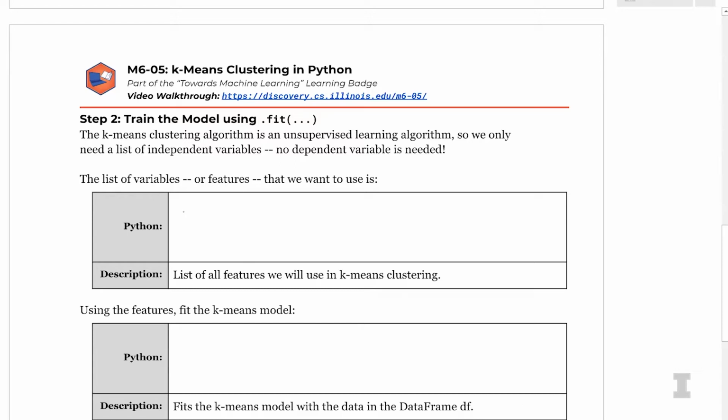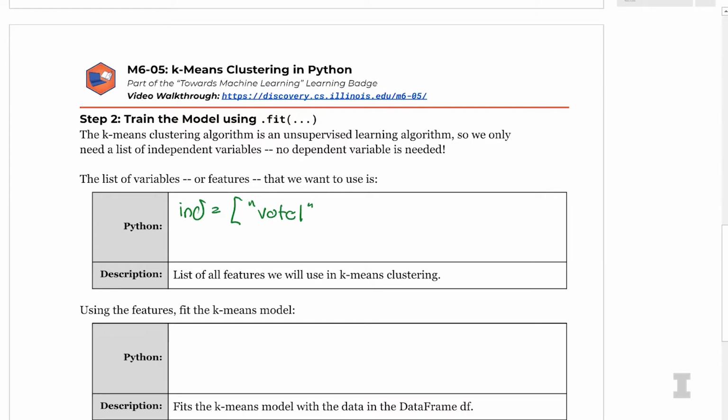I'm going to call this our independent variables, IND, and I'm going to create a list of all of them. I'll open a square bracket for a new list. My first independent variable is vote, without any capital letters, so lowercase vote1.